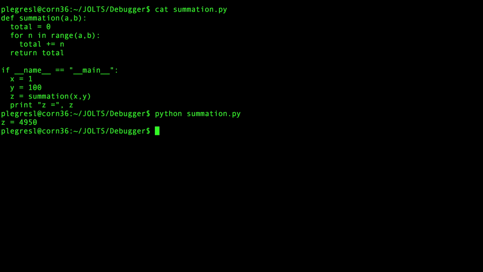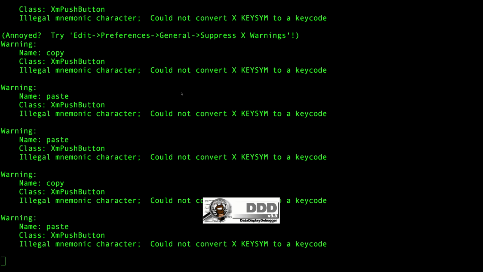So if I was trying to figure out what was going wrong in a code like this, one of the steps I might take is to use a debugger, and we're going to be using DDD, or the data display debugger, which is the command here. And DDD is a graphical front end to various command line debuggers, and the default command line debugger is the extended Python debugger, or PyDB. So to specify that debugger, I use --PyDB, and then I specify the name of the Python file that I'm running. So that starts up,